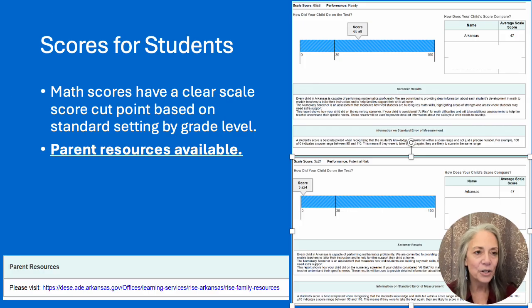I want to illustrate that briefly here by looking at a couple of ISRs. The math scores do have that clear scale score cut, and that's indicated in the ISRs, the individual student reports, and that's based on standard setting by grade level. So teachers sat down, reviewed an ordered item booklet from the lowest difficulty item to the highest difficulty item, and